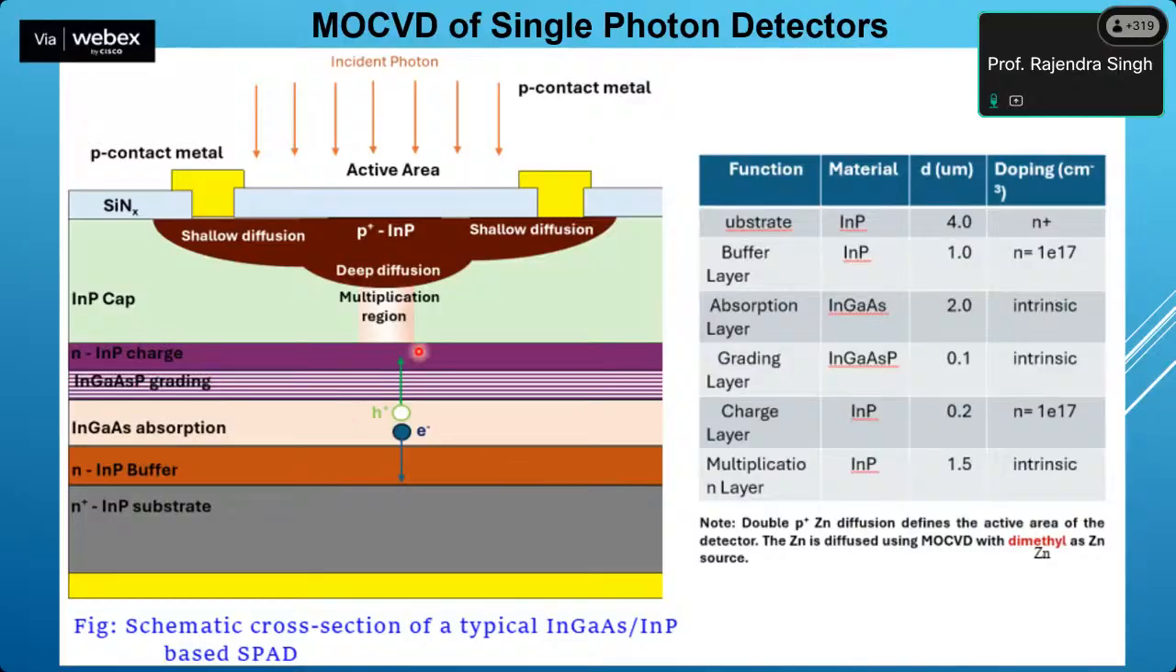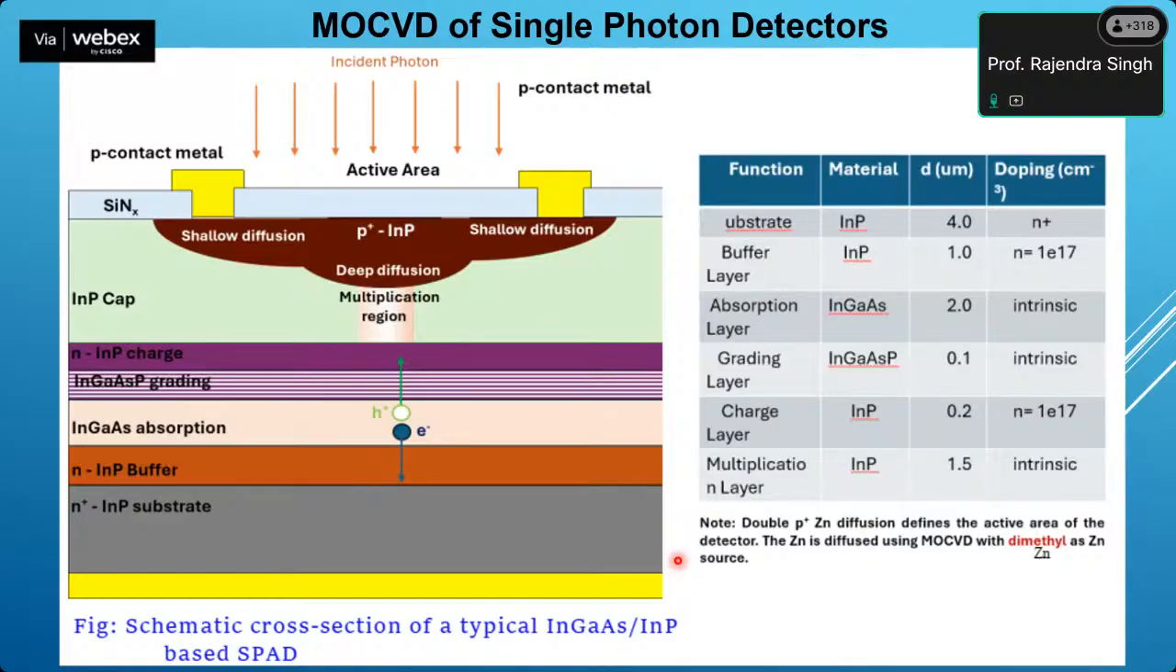So what I will do is, just to impress upon you the importance of these growth techniques, one example is the metallo-organic chemical vapor deposition of single photon detectors. I think some of you might be working in the area of detectors, what we call photo detectors. Photo detectors can detect different wavelengths of the electromagnetic spectrum. You have visible wavelength photo detectors, IR photo detectors, UV photo detectors, and even X-ray photo detectors. It depends on the band gap of